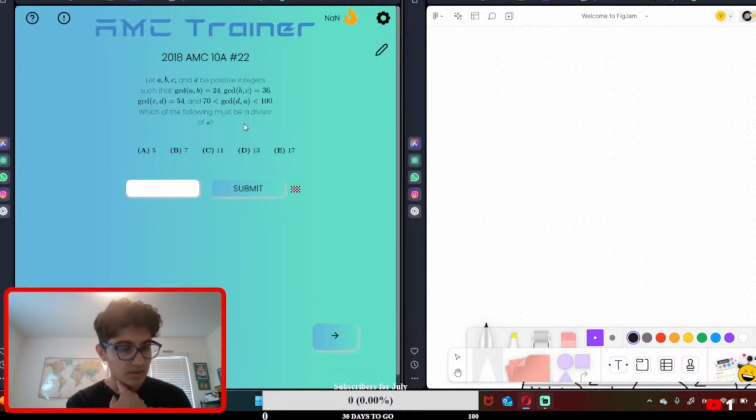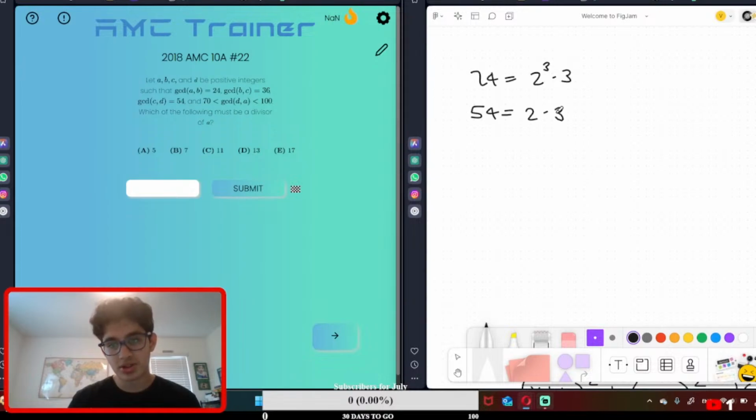Which of the following must be a divisor of A? So the GCD of D and A will be, what's the GCD of 24 and 54? It'll be a multiple of that. So 54 and 24, maybe I'm using the wrong terminology, but basically 24 is equal to 2 cubed times 3, and 54 is equal to 2 times 3 cubed. So if we just take 2 cubed and 3 cubed,